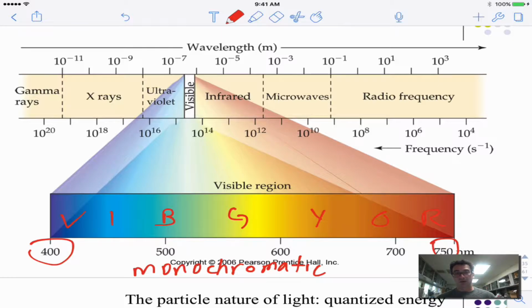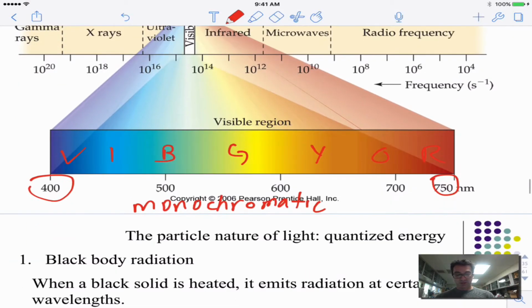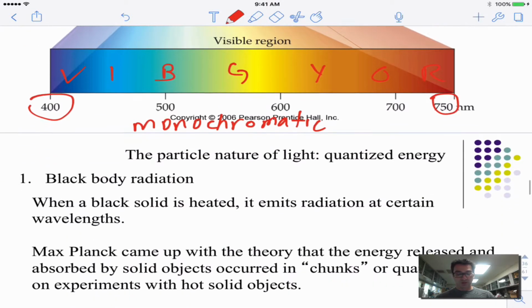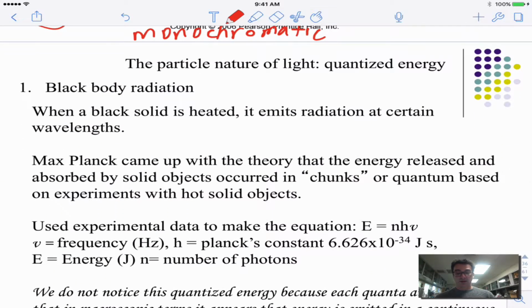Monochromatic light, a single color. Now the thing is, we're interested in physics and in chemistry about the wave nature of light. But when it comes to discerning what the structure of the atom is, we really are concerned with another type of property of light, and that's its particle nature. And so when we look at the particle nature of light, it tells us a lot about light's ability to